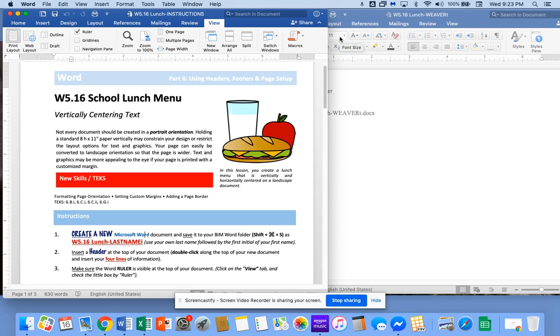Hi, welcome to today's lesson in which we will learn about page orientation and how we can center text in a Microsoft Word document both horizontally and vertically. So, who's hungry? This lesson is called W5.16 Lunch, and in it we will create a lunch menu that is vertically and horizontally centered on a landscape-oriented